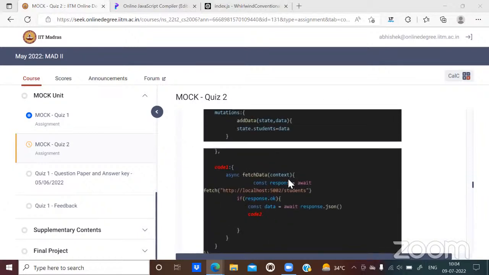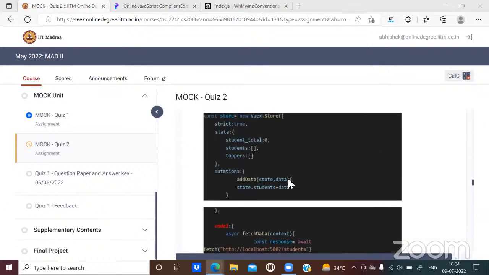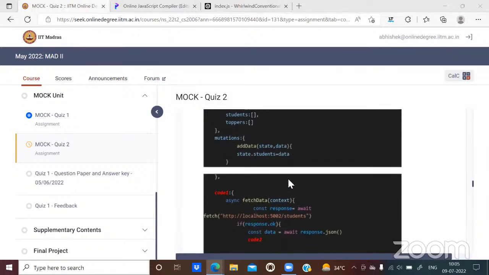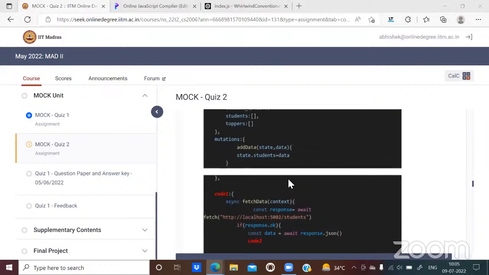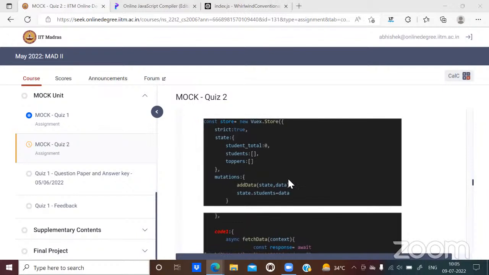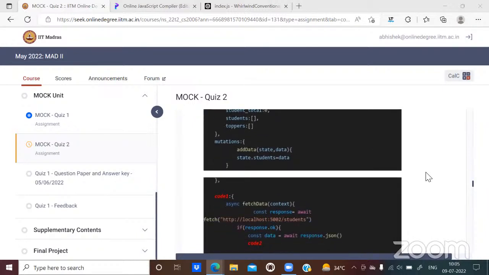Since we are discussing Vuex store, let us recall one more thing. Can someone tell me what is the ideal flow in a Vuex store? What should invoke what? What should be an ideal life cycle? Let's say we have a component that wants to make changes in the state in the Vuex store. What should be the ideal flow? How should the component send that request so that the state can be updated?